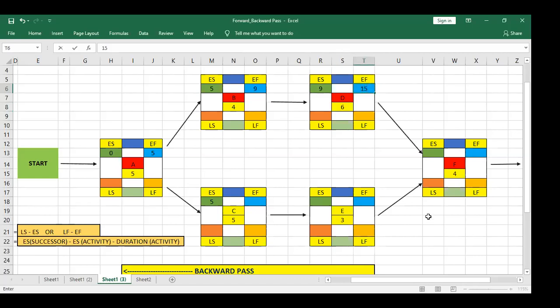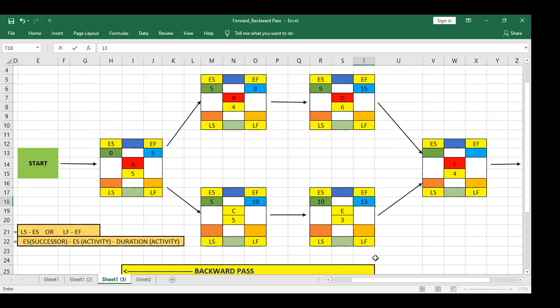When we are going in forward pass and we are merging or converging, we will stop and complete the other path. So our second path is this one. Early start is 5 and duration is 5. 5 plus 5, 10. Now this early finish will become the early start of the next activity. So 10 will come here. 10 plus 3, 13.